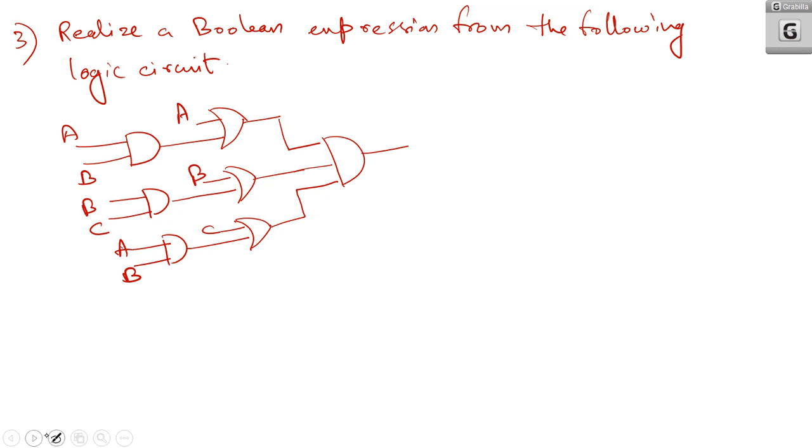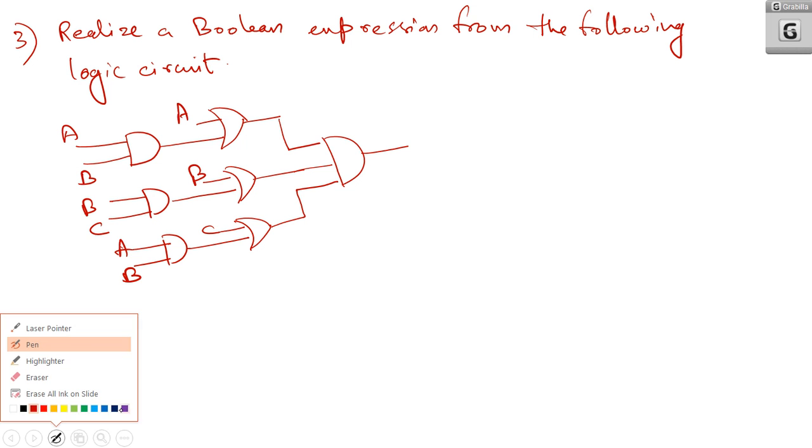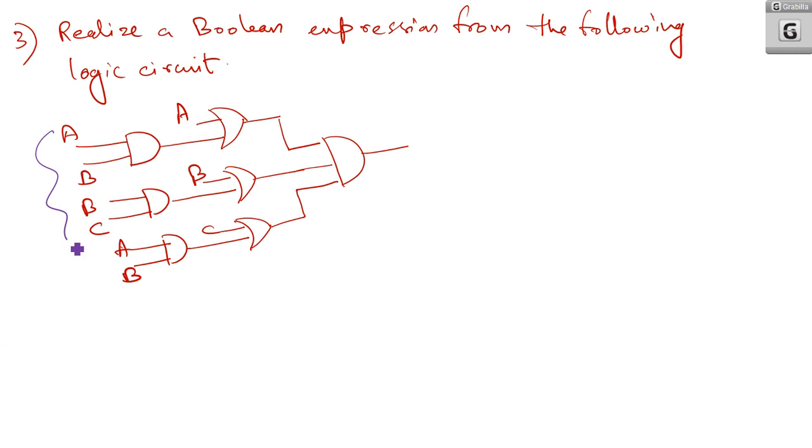Now see, if you are looking at the inputs, how many inputs are there? There are only 3 inputs. That is A, B and C. Only 3 inputs are there. That is taken parallelly. That is all. Okay. So here what we get? At this point what we get is AB. This point you will get BC. This point you will get AB. What do we get here? This is A or AB. A or AB. What is it?